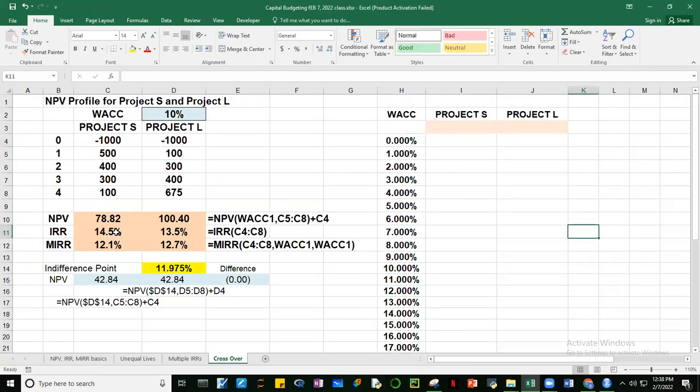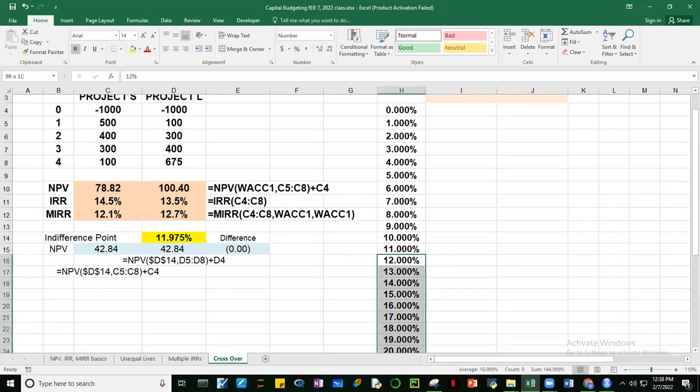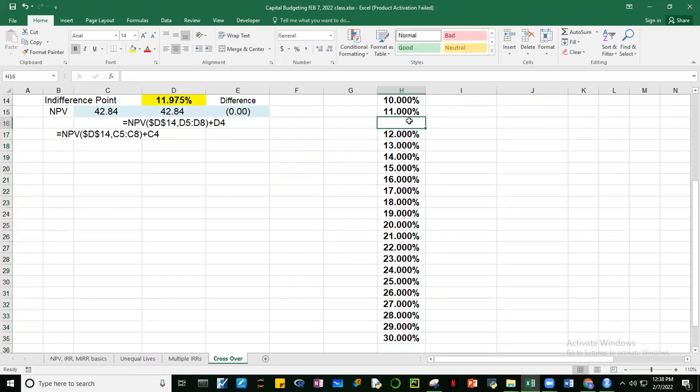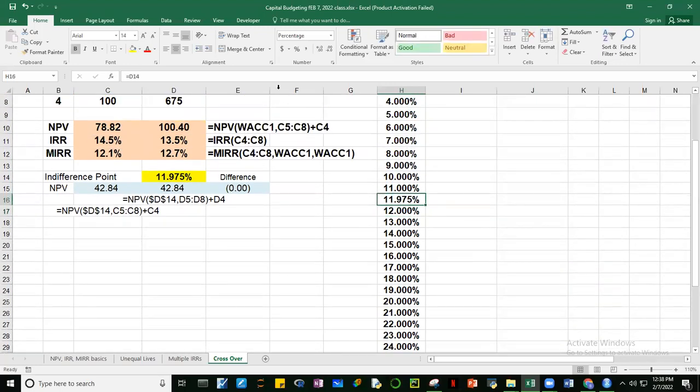Ngayon, ipasok natin itong mga to. We're going to insert here the IRR ni, let me start with yung pinakamaliit, 11.795. So that should be here. Insert ko dito, so this is equal to 11.795. Ilagyan ko lang ng kulay. So this is your indifference, sabihin, we don't care if we choose Project S or Project L.